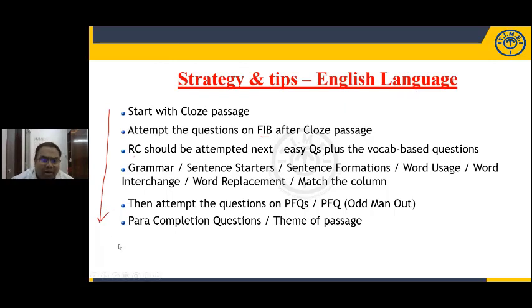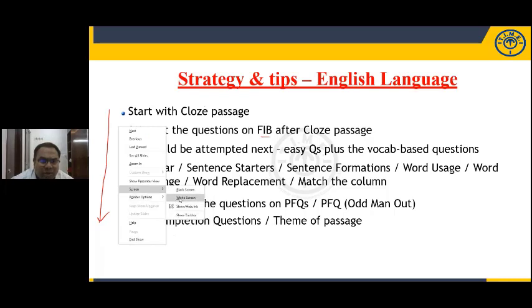Why are you not attempting your RC? There are one or two reasons. One, you have low reading speed. I'll show that slide, don't worry. Second, you have low comprehension levels. Your understanding capability is low. The reason is